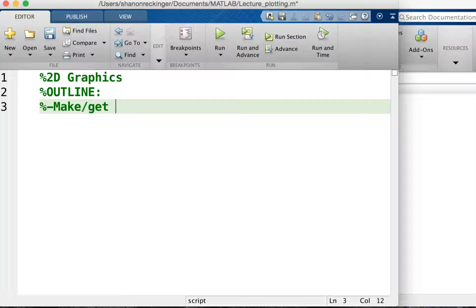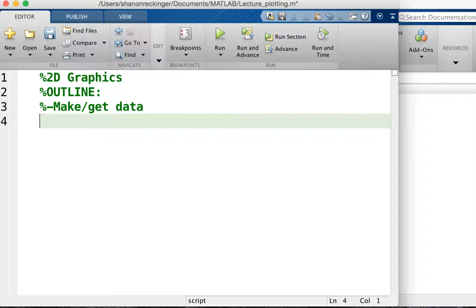So the first thing that I'm going to show you is 2D plots. 2D plots are